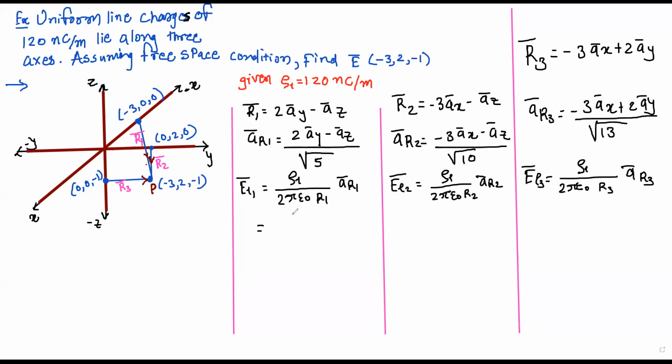120 nano coulomb per meter. So this is 120 into 10 raised to minus 9 divided by 2 pi